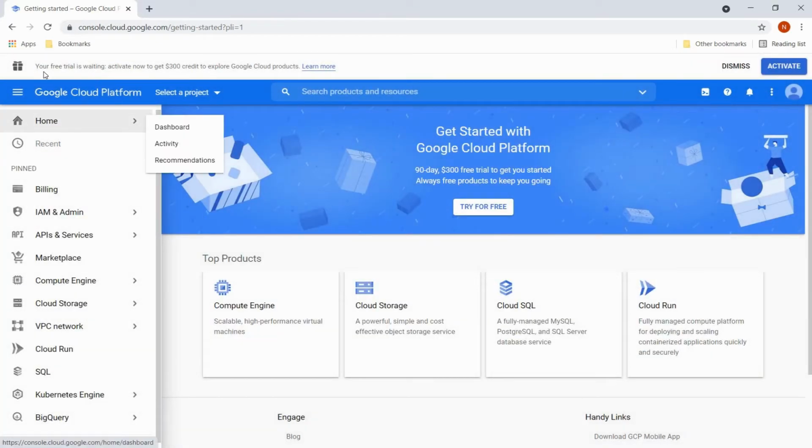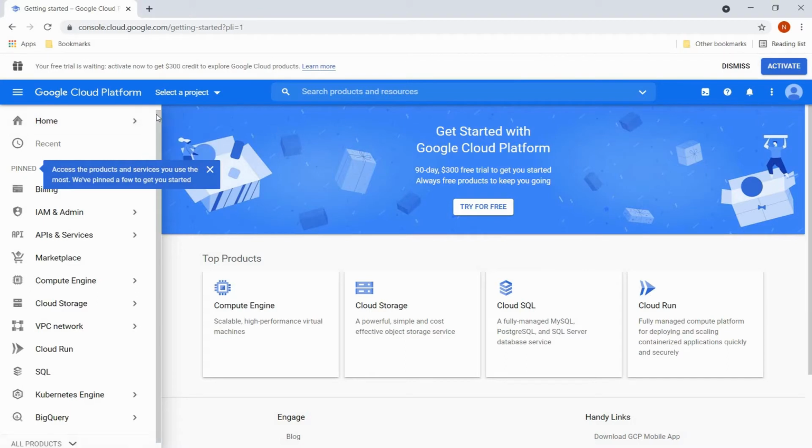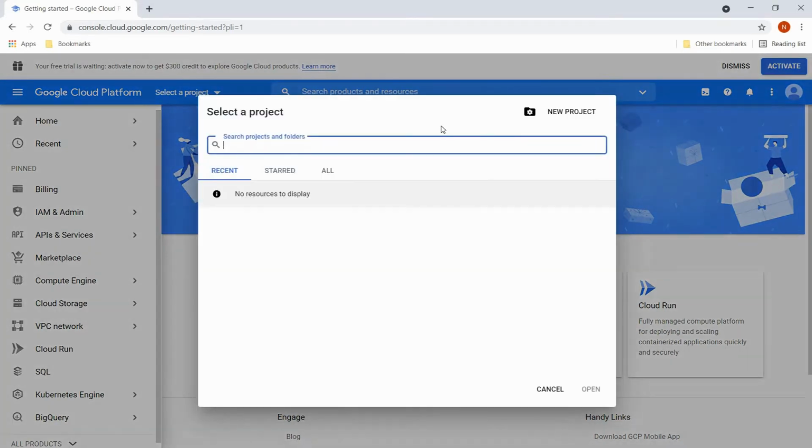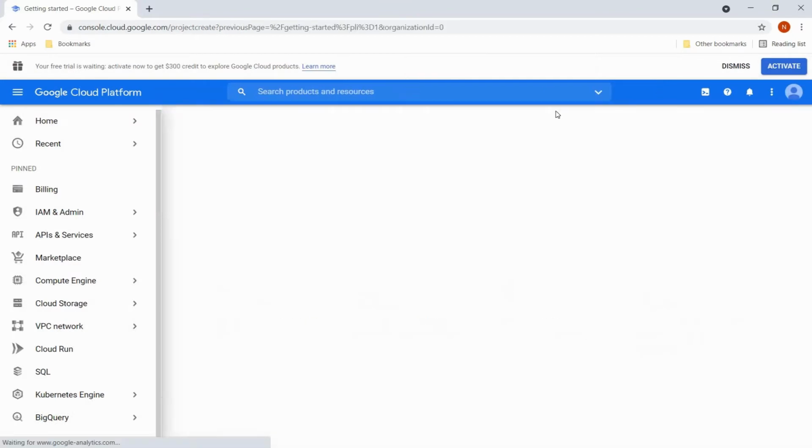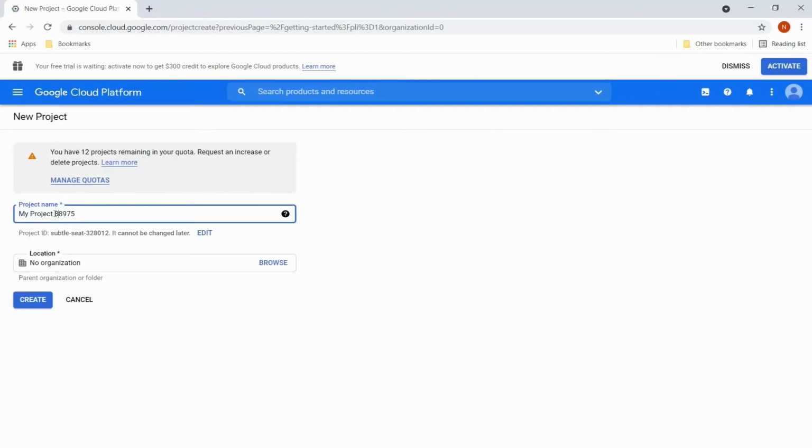Now here you can see that Google Cloud is providing a free trial worth 300. Since we are going to use Sandbox, we are not going to activate this free trial because activating this free trial requires entering credit card information. So instead what I'm going to do is, I'm going to go here to this window, click on select a project, click on new project, and I will create a project. I can keep the default name which Google has provided, or I can enter a custom name. I will go ahead with the default name for now and click on create.